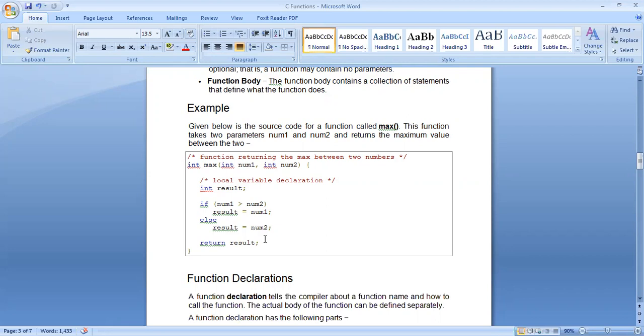Most of you, I'm sure, are getting this paper for the first time, so it might be difficult for you to understand the first time, and you need a lot of revision. I hope you understand what I'm saying. At least sit for half an hour daily with this subject. Clear?